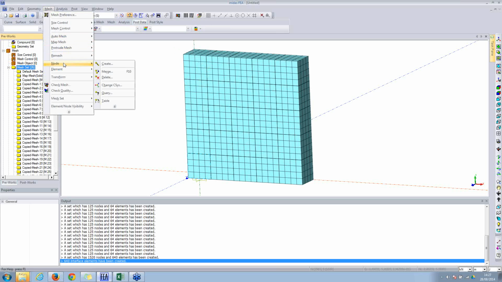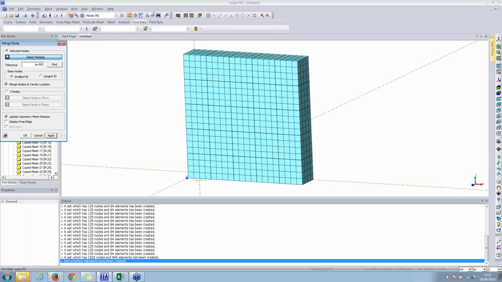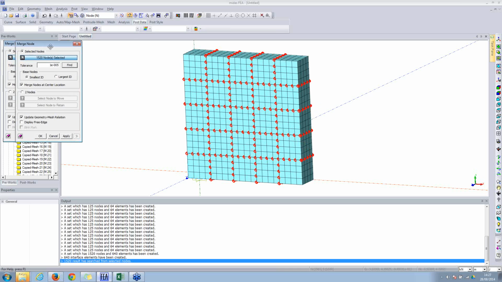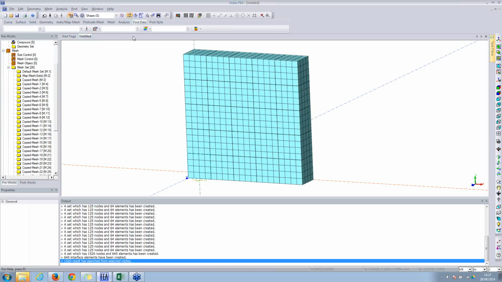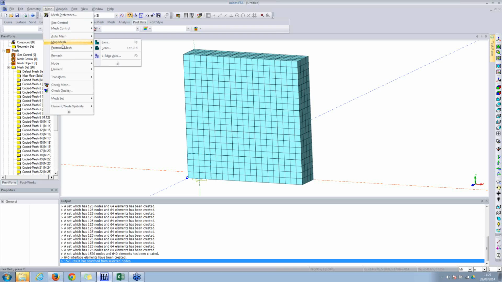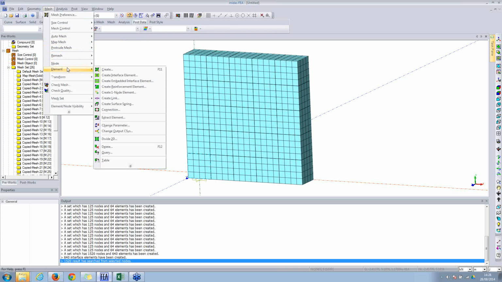So how to check if the nodes are merged or not? You go to mesh node, merge, select everything and click find. It will give you all the locations where nodes are not merged, just overlapping each other. So if you want to use the previous method of generating interface from the element boundary, you need to merge them by clicking OK,